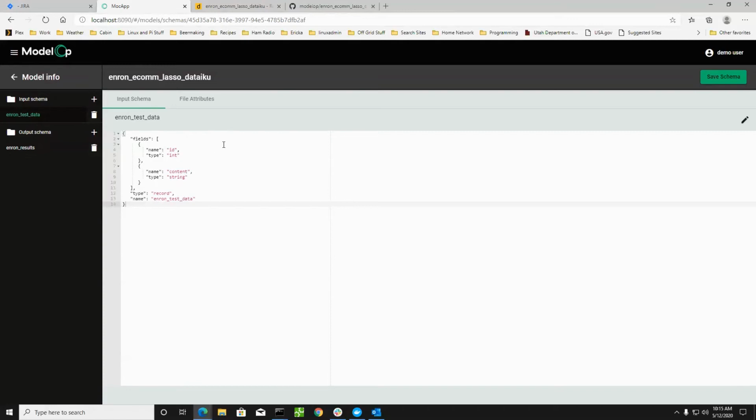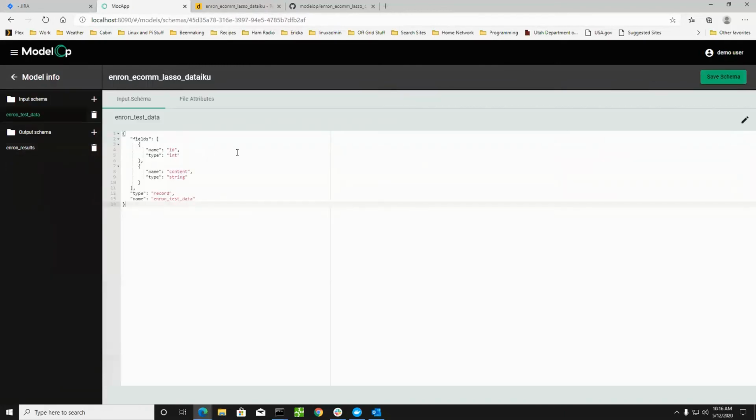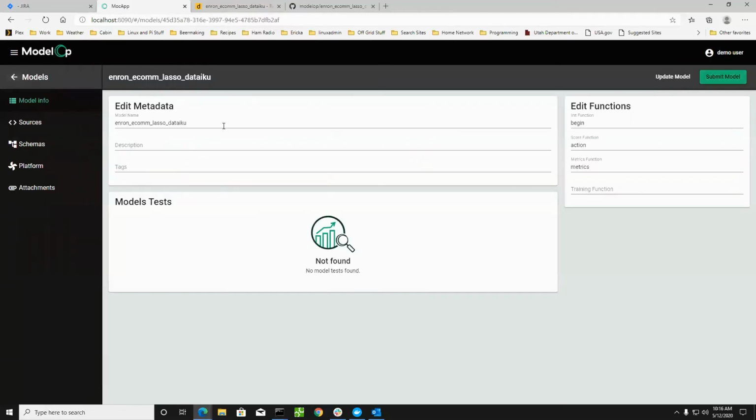So if we do this within Jupyter, if we do this within RStudio, we're going to have that same industry standard Avro format to know what kind of data and what format of record this particular model both expects coming in and puts out. So not only do we preserve the Dataiku information about the particular data source, but we additionally translate into this common language we can talk about as well. And we capture attachments if they exist as well. So you can see overall, we can bring those resources from Dataiku into a consistent language. We can talk across all of the different model factories to tie them all together